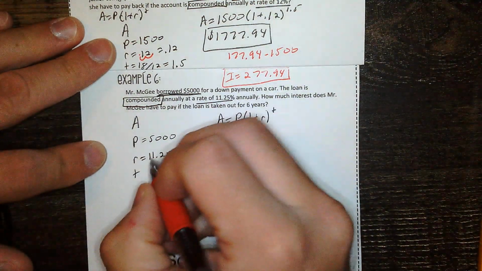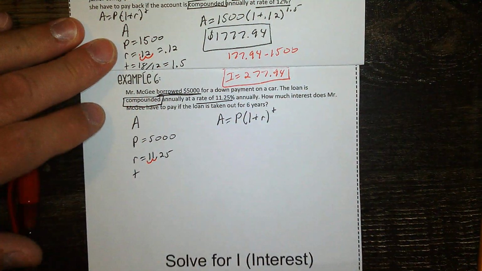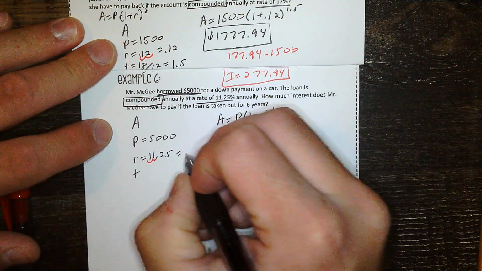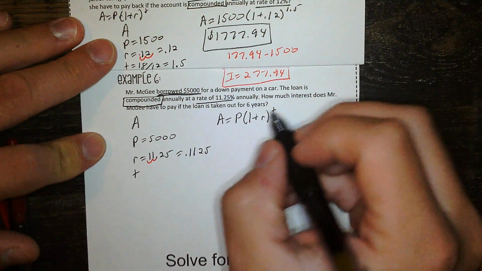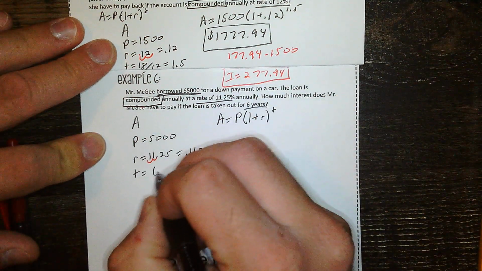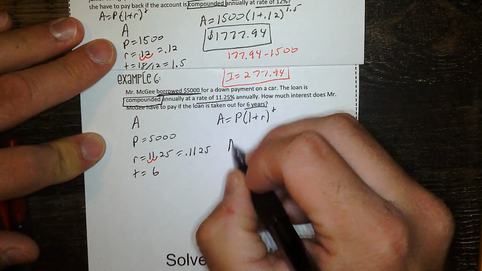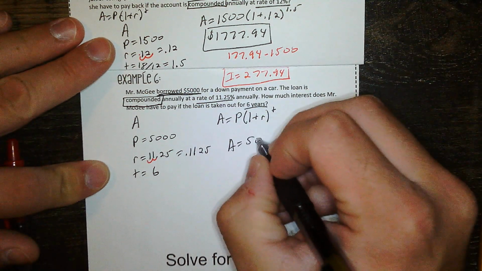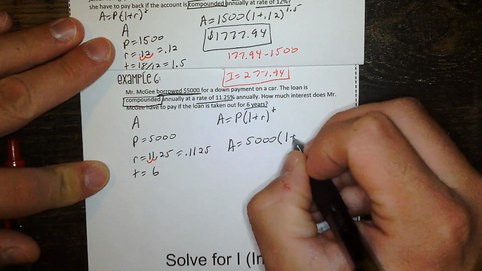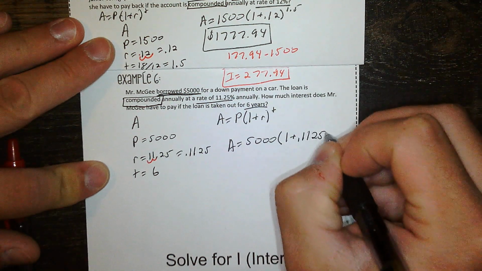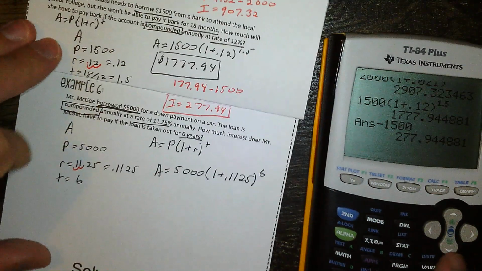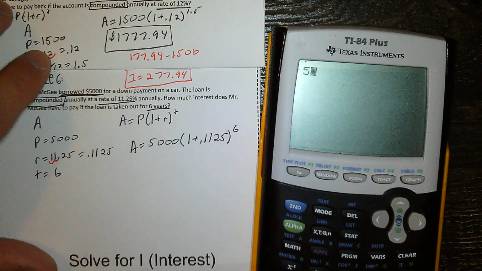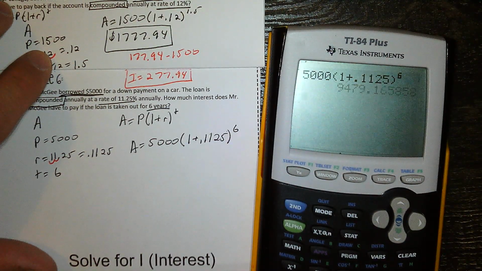11.25 converted to a decimal. We move it twice to the left, which will make it 0.1125. It's a 6-year loan, so that's going to be my time. And then we just plug everything in. A equals 5,000 times 1 plus 0.1125 raised to the power of 6. Plug it into your calculator. And we end up getting